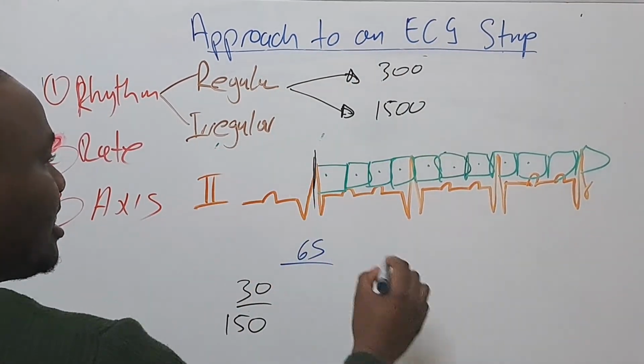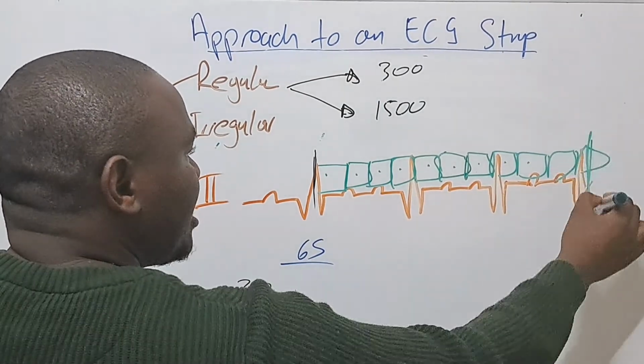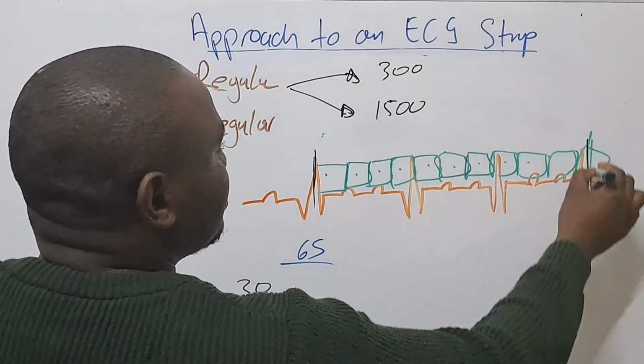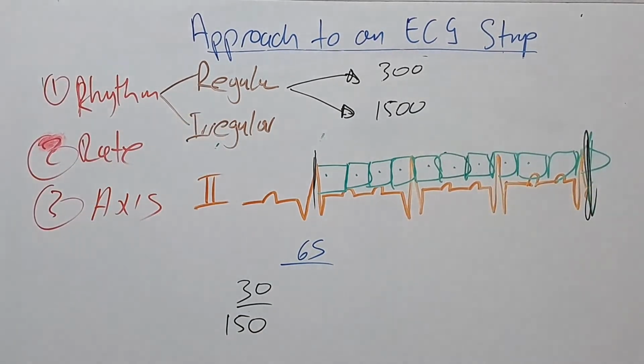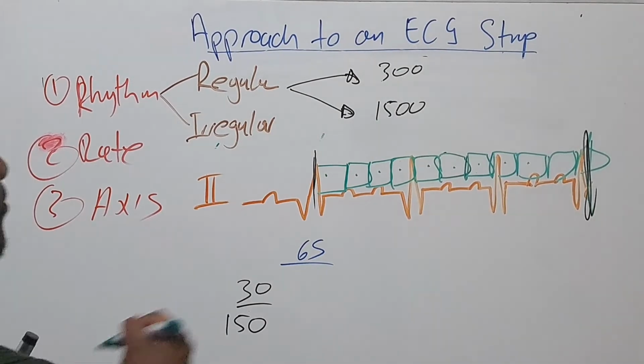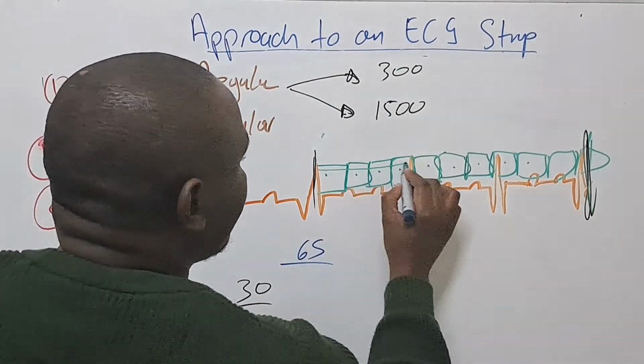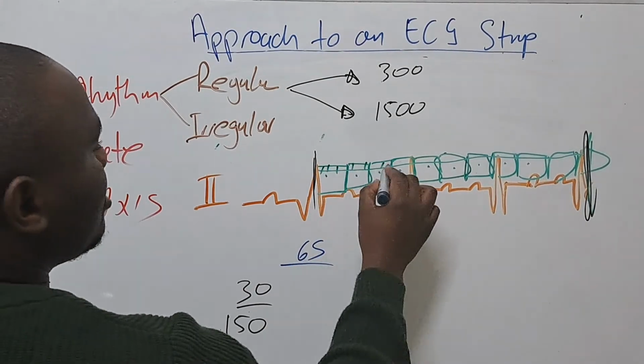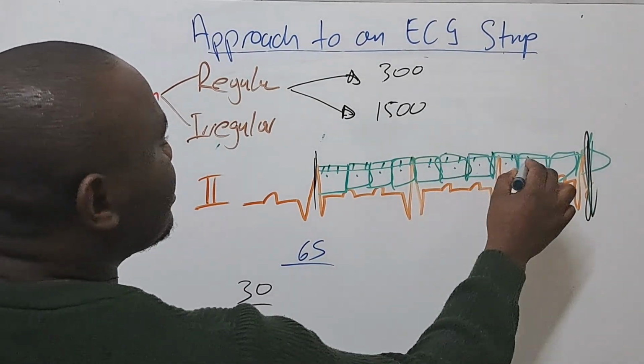Where it gets to 30, let's say 30 is here, you just make a mark there. Then you know that's where your 6 seconds ends. And also, if you count the small boxes, there will be 150,